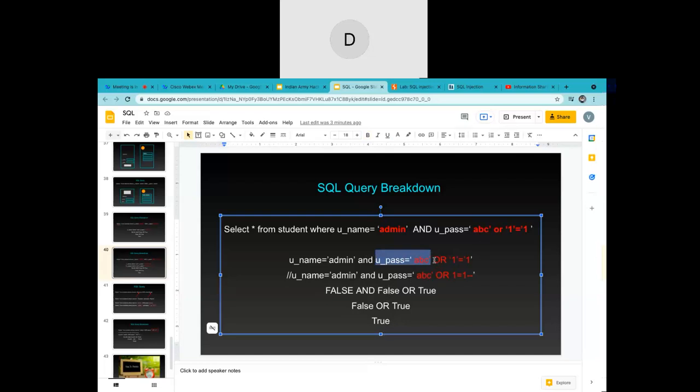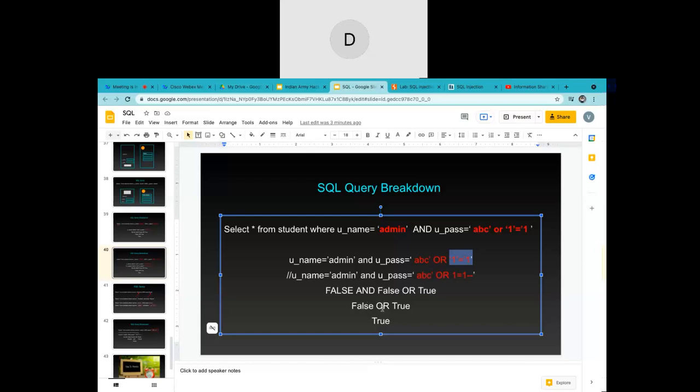Then OR will be evaluated as an operator, single quote 1 equals single quote 1. So we are putting a condition which is always true. It can be 2 equal to 2, 5 equal to 5, or anything like that. So you see that yes, both these are equal 100%. So it is going to give us true. False and false, that means 0 and 0, is going to give us 0 from the truth table we have already seen.